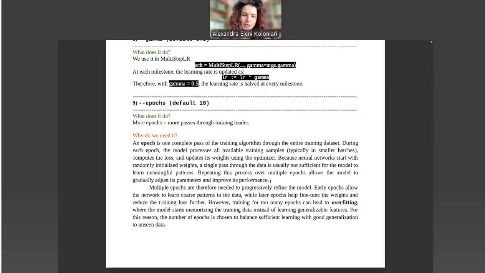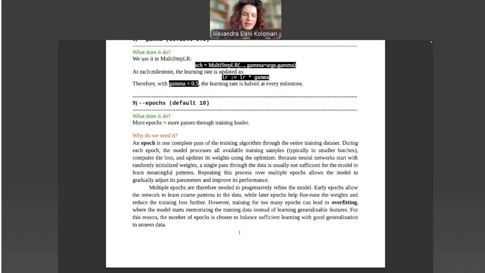During each epoch, the model processes all available training samples, which are typically in smaller batches, again as Professor Stergioulas mentioned, and we will see also later on because that is an argument as well. Because neural networks start with randomized initial weights, a single pass through the data is usually not enough for a model to learn meaningful patterns.